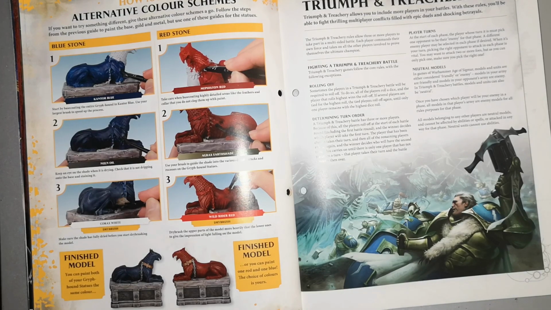You could do it Limestone, where you just use Corax White, and then Skeleton Horde or Seraphim Sepia, and then Drybrush back over with White, and it'll look a bit more like Limestone. If you want to do it black, use Abaddon Black, and then things like Drybrush over things like Mechanicus Standard Grey or Corvus Black and stuff like that to get you different shades in there, and then a